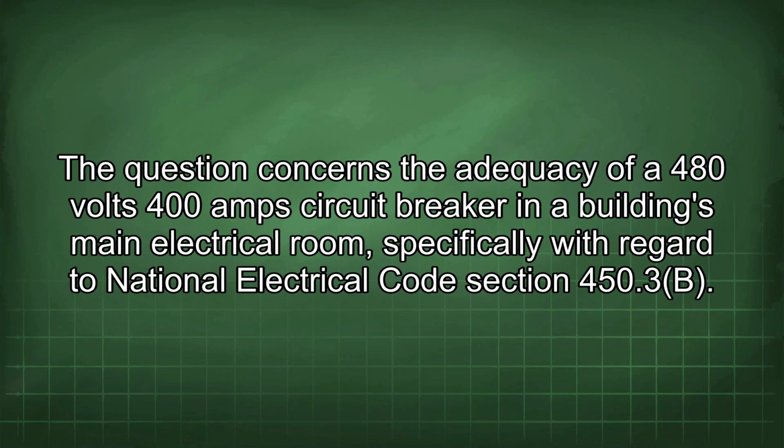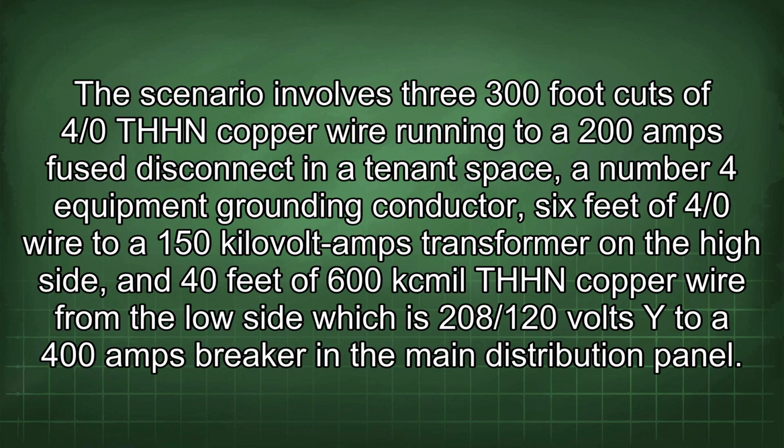The question concerns the adequacy of a 480 volts 400 amp circuit breaker in a building's main electrical room, specifically with regard to National Electrical Code Section 450.3(B). The scenario involves three 300-foot runs of 4/0 THHN copper wire running to a 200 amps fuse disconnect in a